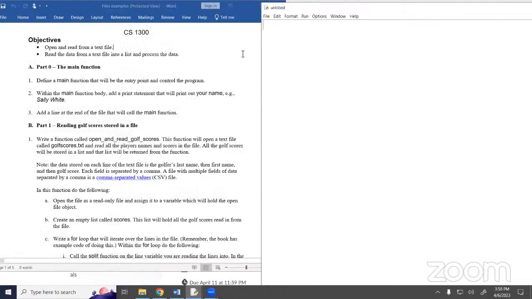So we're going to be talking about comma separated files. There's a link if you want to learn more about them. Go learn more about them. So we're going to write a function called open and read golf scores. And the function is going to open up a text file that already exists. To get that text file,